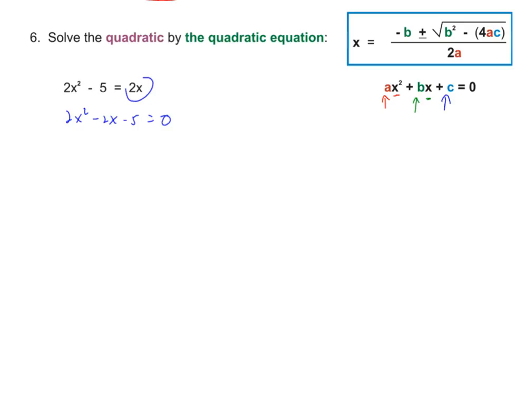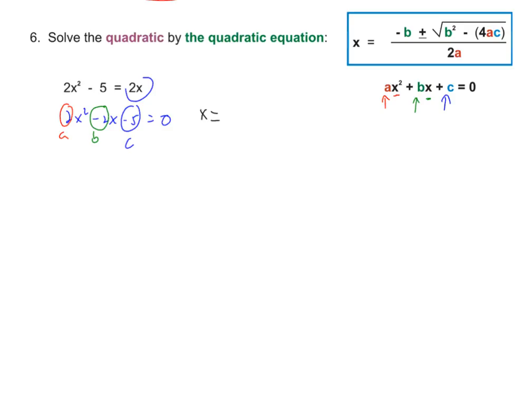Okay, now I know my a is a 2. I know my b is a negative 2. And I know my c is a negative 5. I'm going to come over here and sub it into the quadratic equation. So x equals